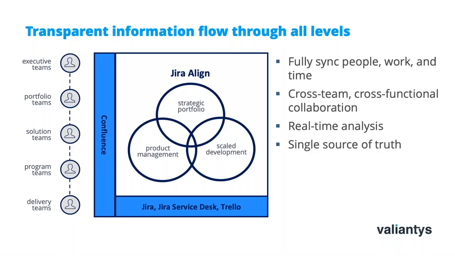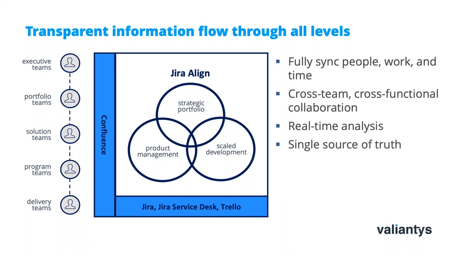It's a tool designed purposely to solve challenges when scaling Agile. Jira Align creates visibility, consistency, predictability, and flow between all levels in your organization using a top-down, bottom-up, meet-in-the-middle approach. At its foundation, you still have Jira, Confluence, Trello-like team collaboration tools. All the practices from Essential SAFe are still largely implemented using those tools, with which delivery and program teams create amazing